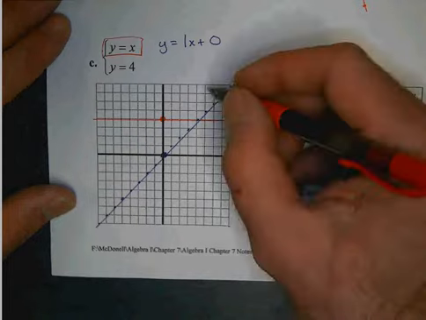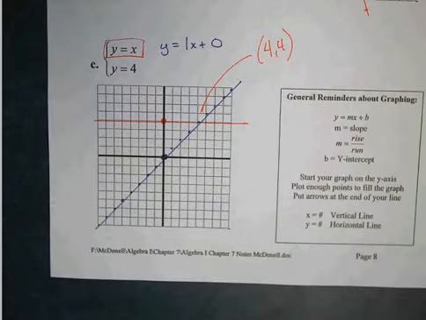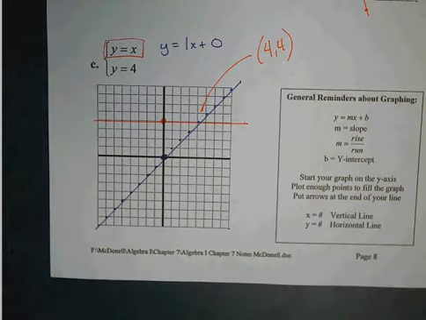4, 4. If you did all that graph, but you didn't say 4, 4, you wouldn't have answered the question. It's like you went all the way there, but you didn't cross the finish line. So 4, 4. And once again, here's this little side cheat sheet for you. Just a great reminder about graphing. Okay? All right. Last